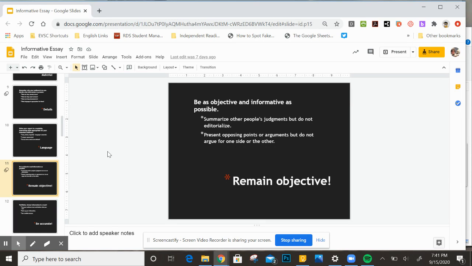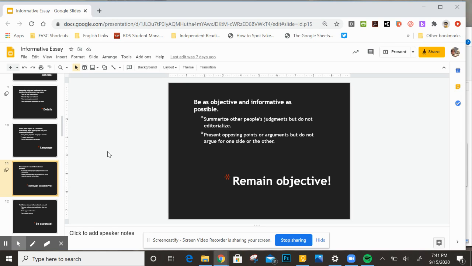Now, this is an informative paper, so we are going to be objective. Okay, we do not take sides, we do not judge, we do not editorialize on these. Now, that said, it is obvious that if you are talking about a particular thing, you are, in essence, giving a little bit of persuasion, or a little bit of bias to a side, because you're sharing a certain piece. So we want to try to present as many different sides as possible, if those are applicable, if that's necessary, okay? If you do include other people's judgments or other people's take on something, then make sure that you state it as such.